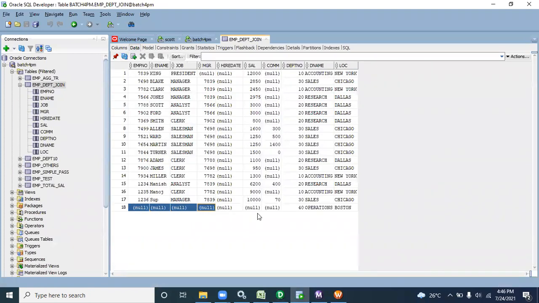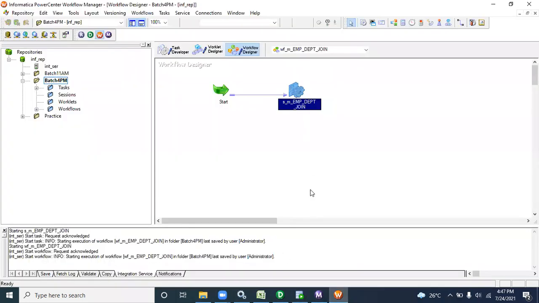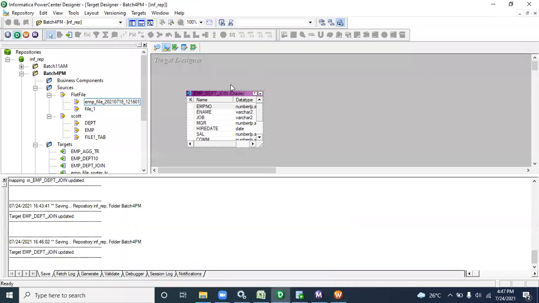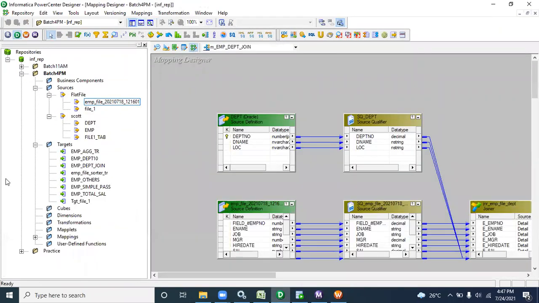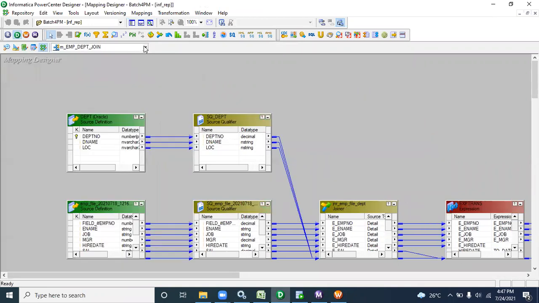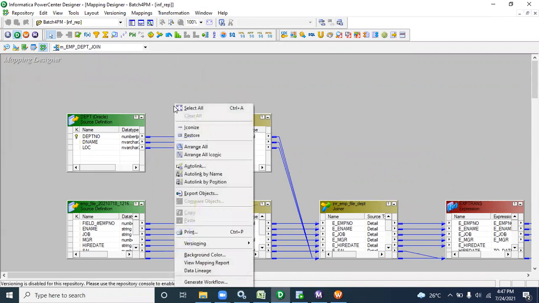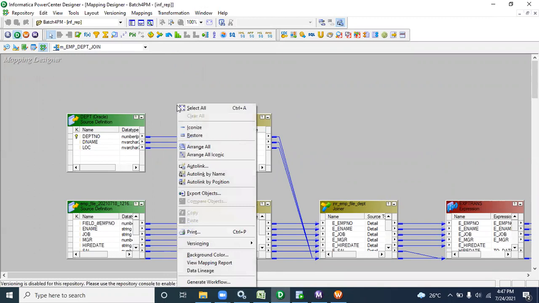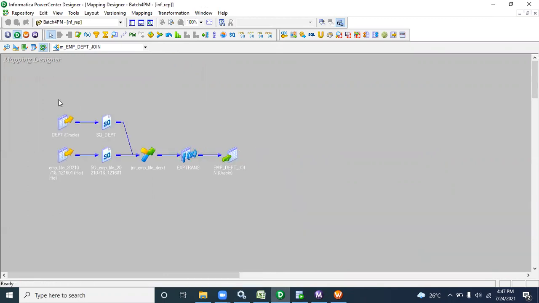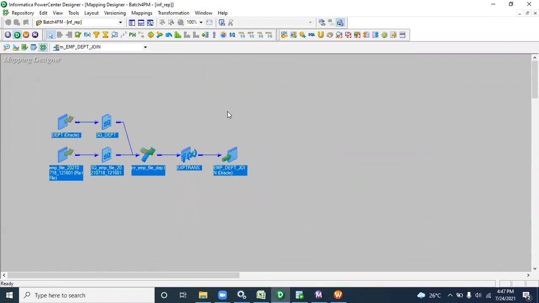Now you can see employee number as a primary. Sorry, employee number as a null. That means this record is coming from the department table, not the EMP table, because all the EMP columns will be null. So this is called full outer join. Those things you have to implement, and you have to identify the types of join. If there is any doubt, I think you guys are having lots of doubt, so just let me know right away. Then we can discuss how you are implementing or selecting to implement the joiner transformation.